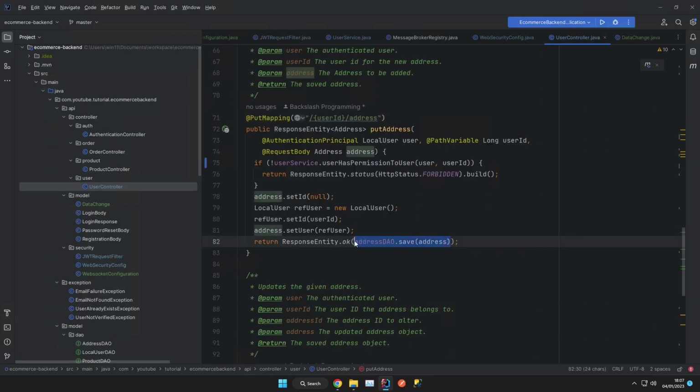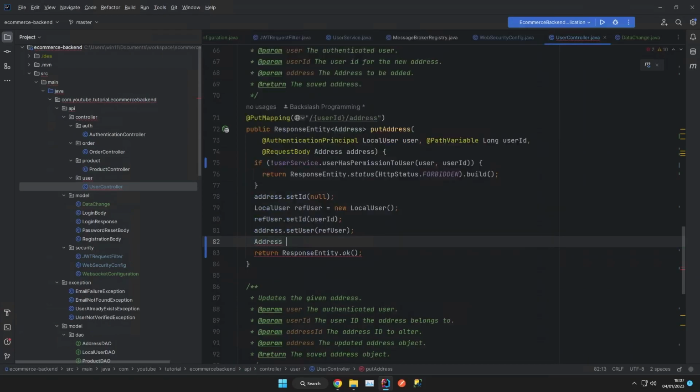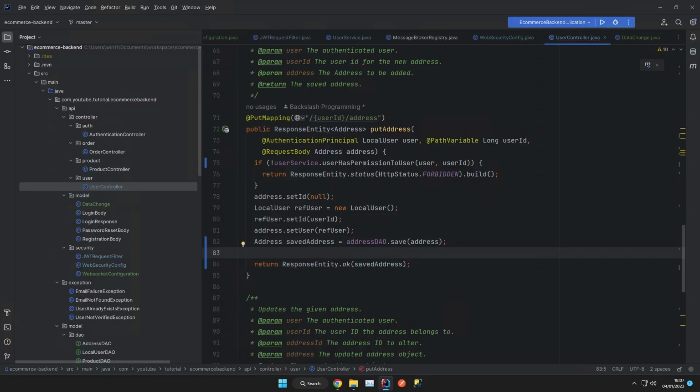Well, we actually want to cut this out and just do address and then saved address equals that, and then saved address is in the OK. So now we've restored the existing functionality. It now does the exact same thing as before, but now we have a variable called saved address that we can actually use. So we now want to do messaging